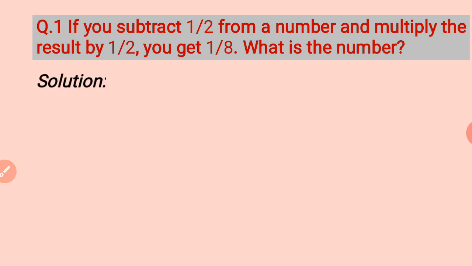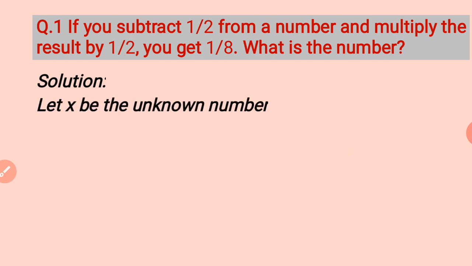The number which we are supposed to find out, we always consider it to be some unknown number, that is x. Again, as I have told earlier also, x is a variable. We can have any other alphabet in its place also. You have 26 alphabets, select any of those. We are more comfortable with x, so we go on taking x, but it is not at all compulsion. Now our unknown number is x.